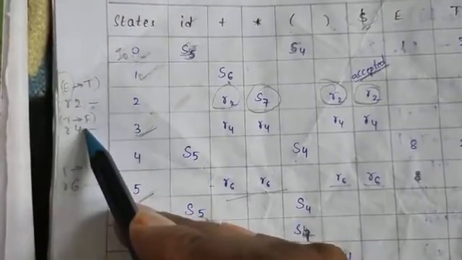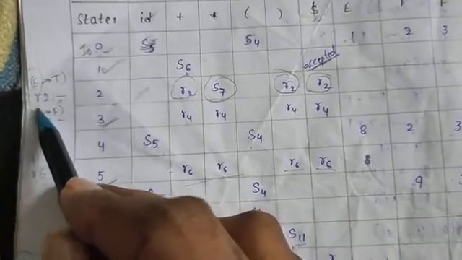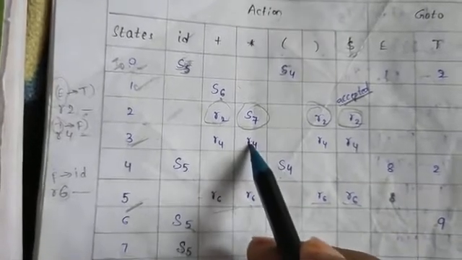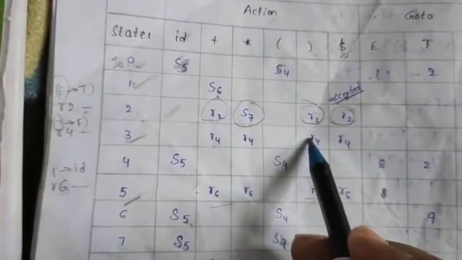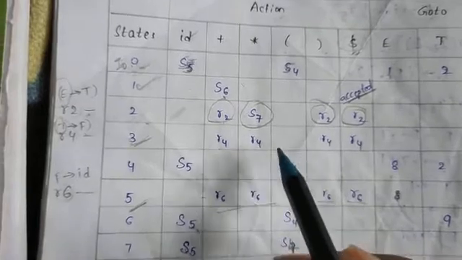Like that, in R4 we are using T tends to F, that is R4. In the third line we are placing this. So here the head of the production is T. For that reason, follow of T is star, plus, closure braces, and dollar. So here star, plus, closure braces, and dollar. In the four places we are placing R4.